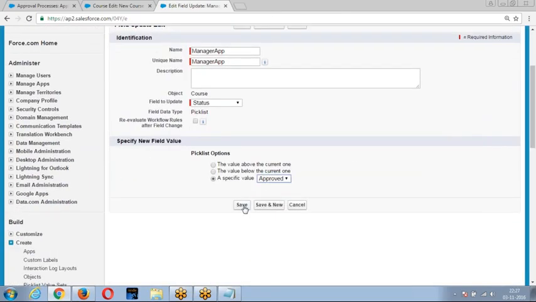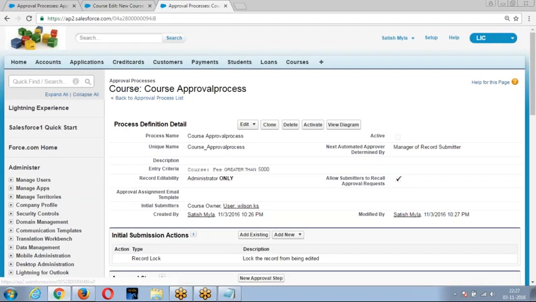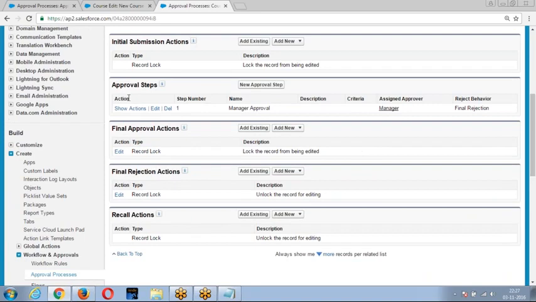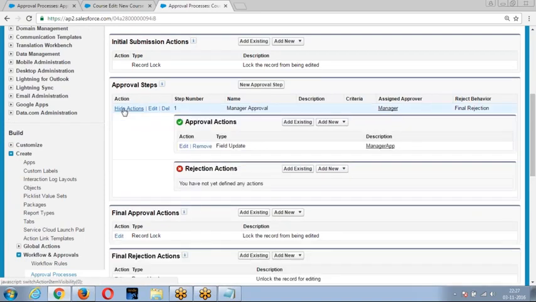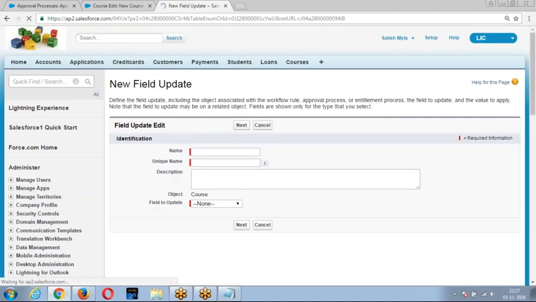Update as approved. Then if the manager rejects it, perform the field update. Manager reject. So you have to update the status as rejected.